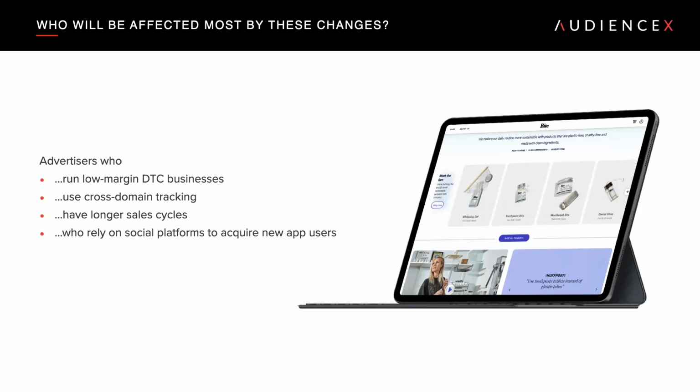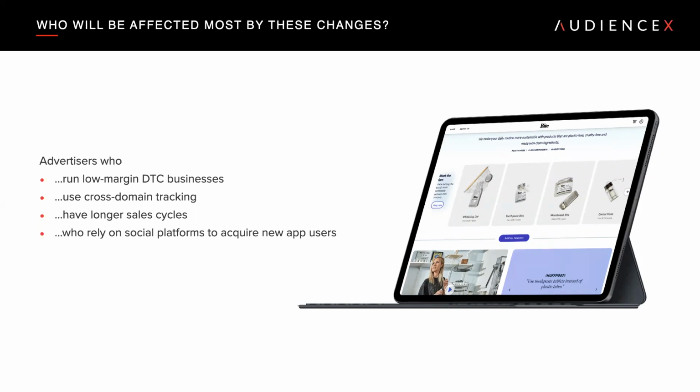And if you have a low margin, you want to make sure that your advertising is profitable. So those advertisers are going to have a tough time. Number 2, advertisers who are using cross-domain tracking. An example of this would be anyone running a separate domain for their shopping cart, their lead form, or an application form. I've run across many advertisers who have done this. They have a third-party functionality built because it saves money or whatever the reason is.